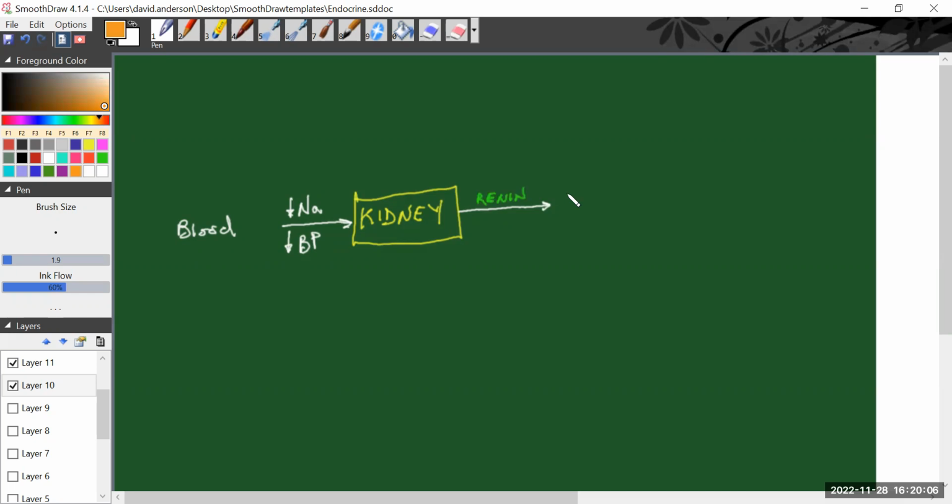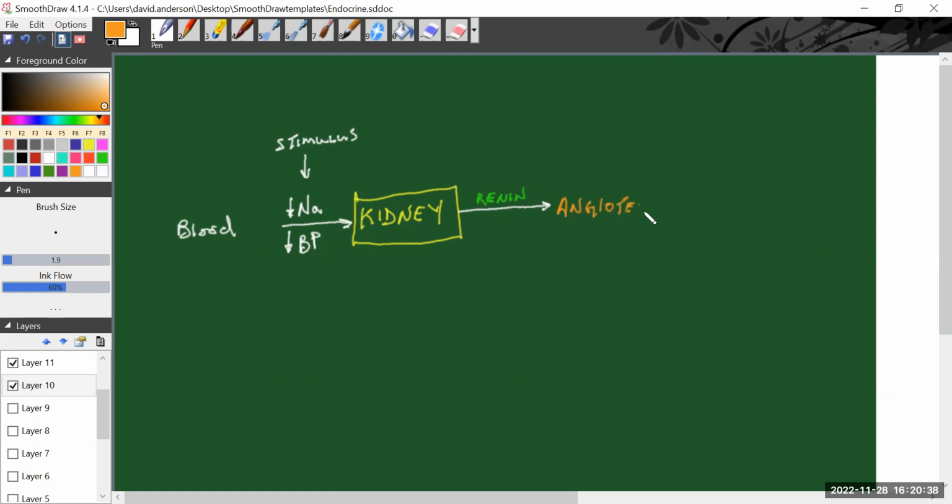Question, sorry to interrupt. So the blood would be the stimulus? Not the blood, but the low sodium and low blood pressure. Yeah. Okay, so this represents our stimulus. Does that work? Yeah. Okay, so what's going to happen now is